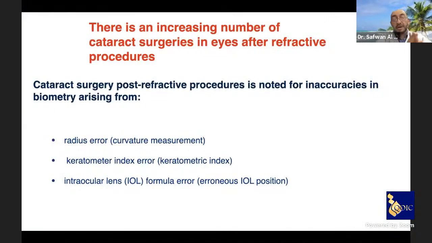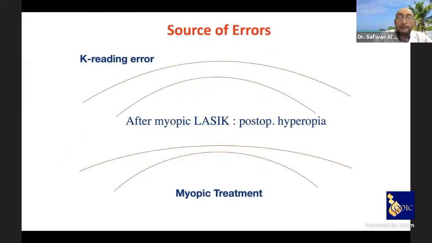That error is coming from the radius and curvature measurement error, keratometric index error, intraocular lens formula error, and erroneous IOL position. So what is the source of error after myopia? The cornea was normal, and what we did is ablate the surface. So we changed the contour of the cornea, made it thin and flat in the center, and the power is changed totally at the anterior surface. If we depend on the anterior reading or anterior K,